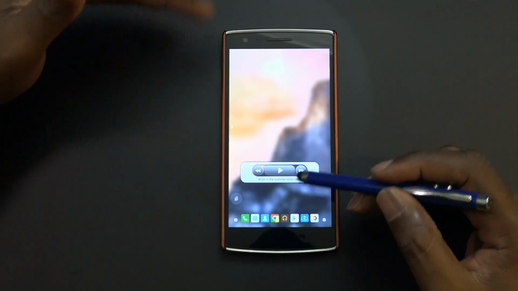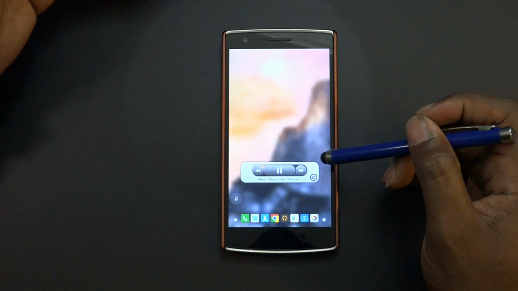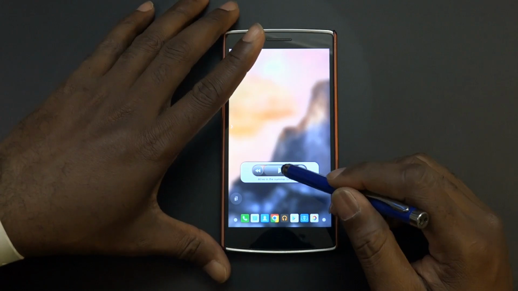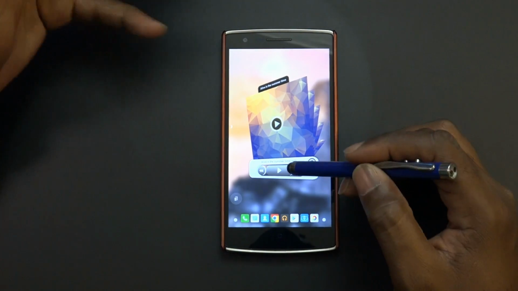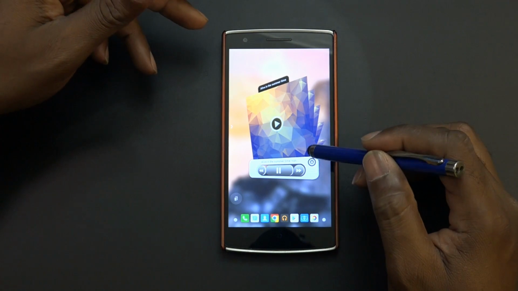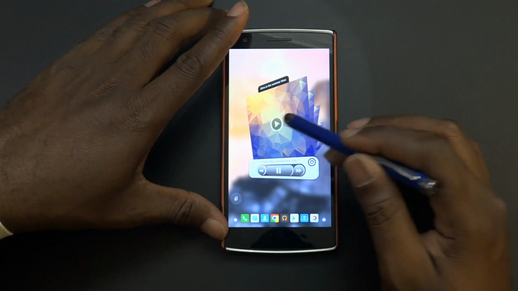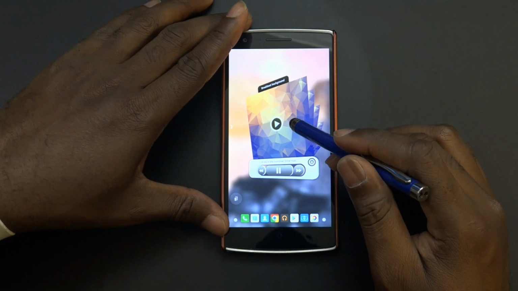Now back to the music widget. It's very cool. If you were to play something, of course it's gonna play like that. Okay, it'll play, very simple. But also, if you go ahead and swipe down on it, it brings up the artwork, or the cover art. So that's pretty awesome. I really like that. Now I'm not sure what song this is, what's playing, and then if you go like that and continue scrolling,